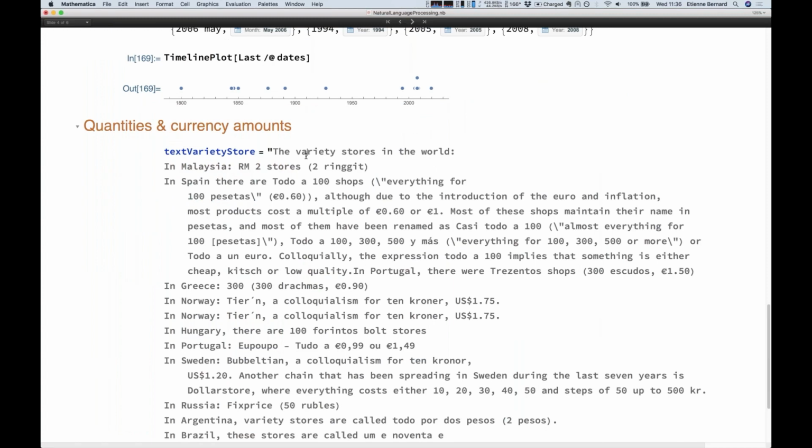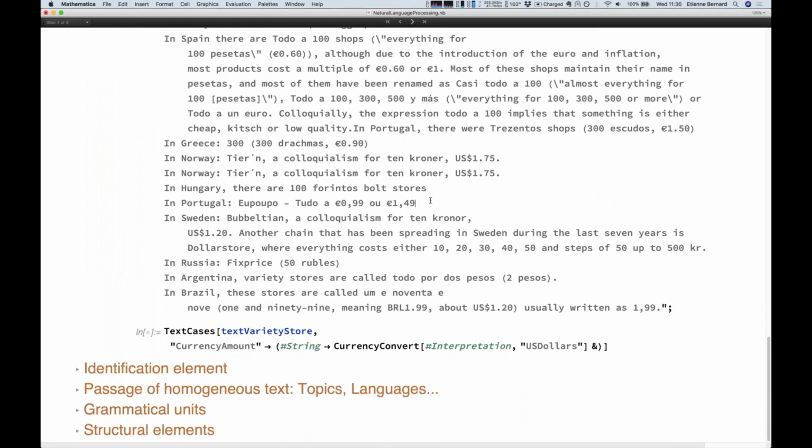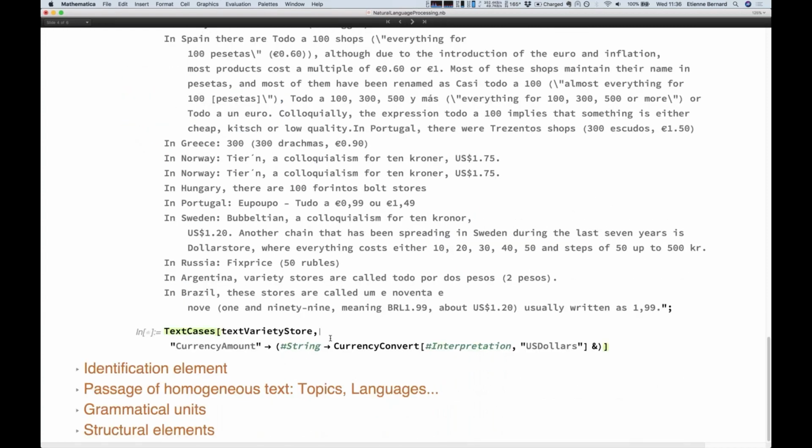Quantity and currency amount. Another type. So I'm going to use it on this text. And here I'm going to show what you can do by having a sort of custom output.